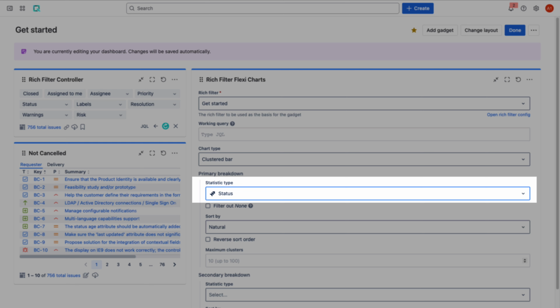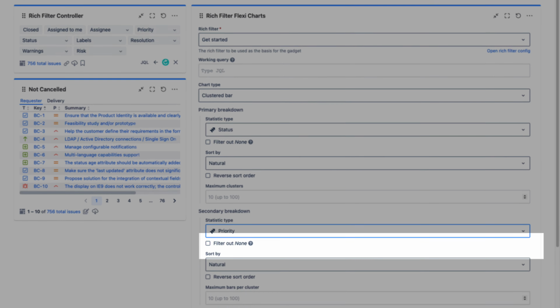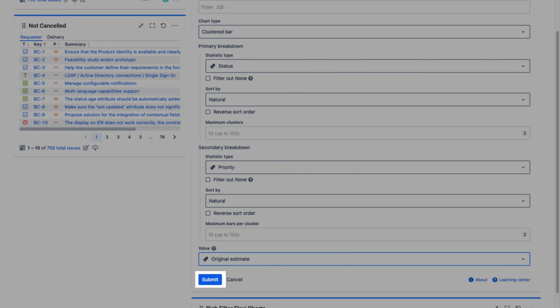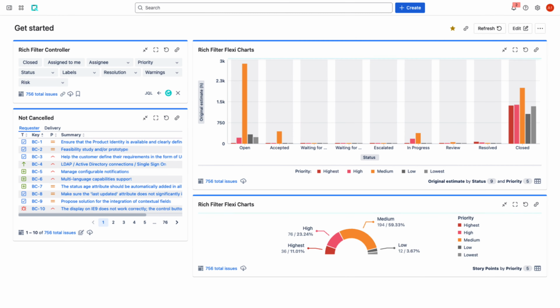For primary breakdown, statistic type, select Status. For secondary breakdown, statistic type, select Priority. For value, select Original Estimate. Click Submit. The gadget displays a clustered bar chart with the sum of the original estimate broken down by status